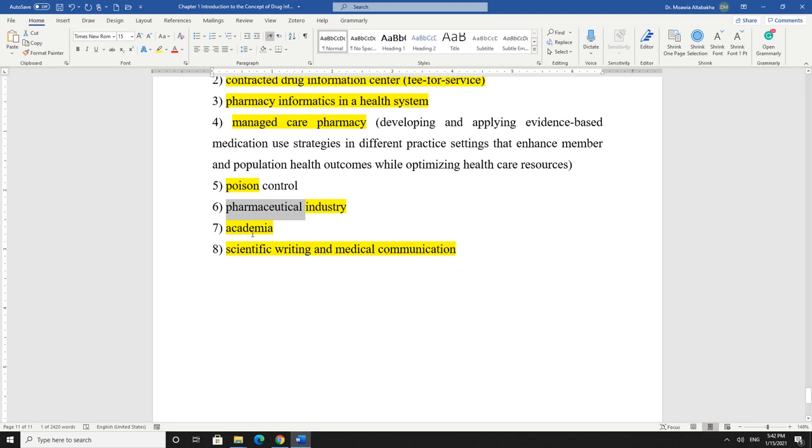Okay. In academia, for example, I am teaching you drug information, so you can work in academia. You might do prescription or training. If you are in a hospital and you have drug information there, you might do training for students. You might write professional presentations where you have drug information in this presentation for students.